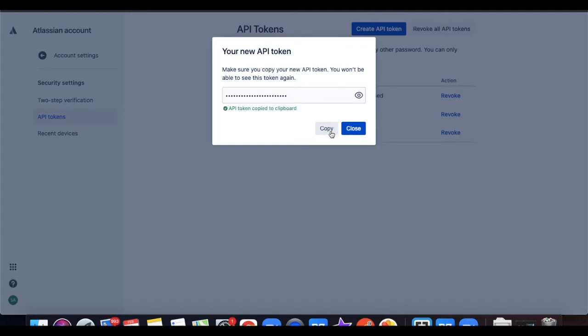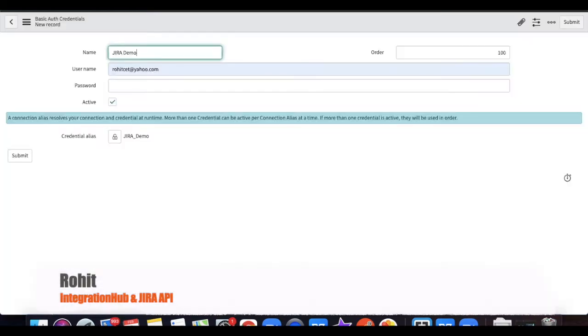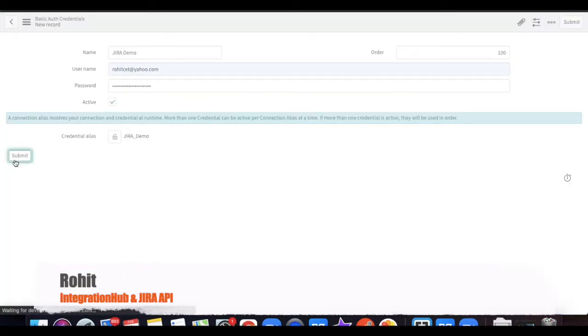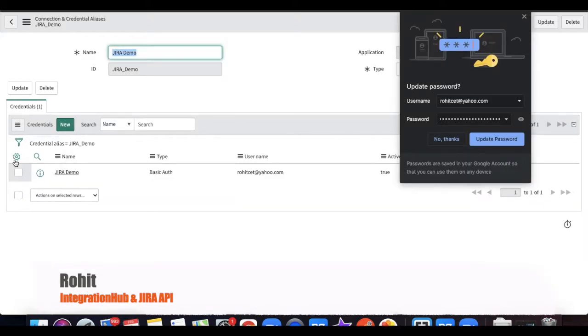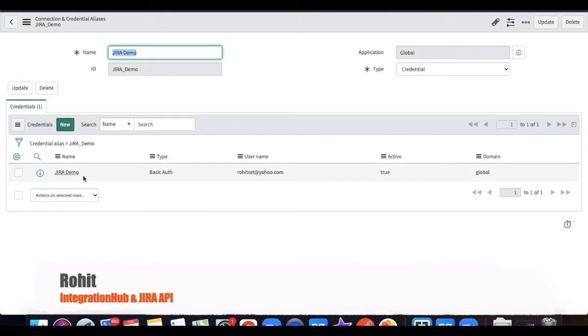I just have to copy it and then put that token here. The token is pasted and I am going to submit this record. Once your credential is ready, you can see that this is your Jira demo, this is the credential type, basic auth. Here your username and password are present on the record.